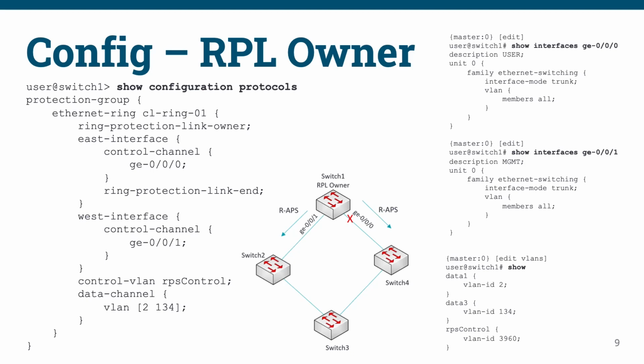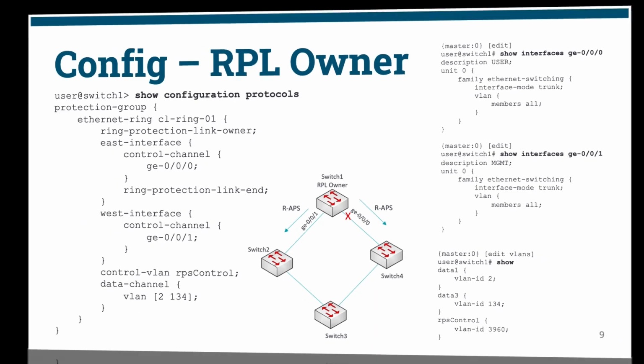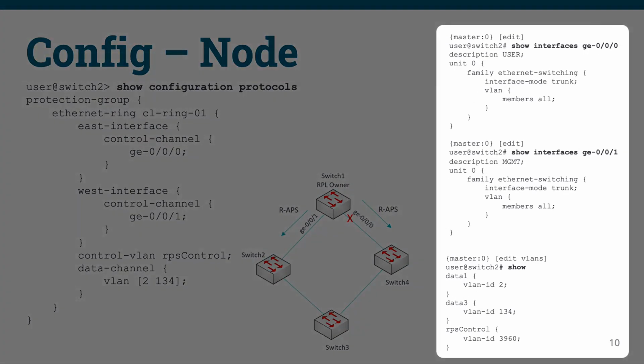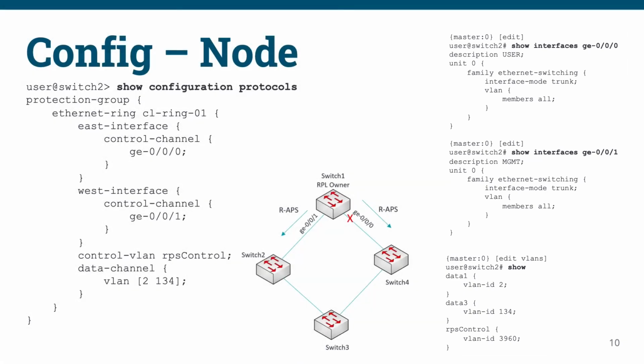So this was the RPL owner configuration. Let's take a brief look at how the configuration differs on another participating node in the ring. We see here that the interface and VLAN configurations on the right are identical to that on the RPL owner. The only differences in the Ethernet ring configuration on the left is the omission of the ring-protection-link-owner and ring-protection-link-end commands. Otherwise, the configuration is identical, and the east and west interfaces would be replaced with the correct interface names for